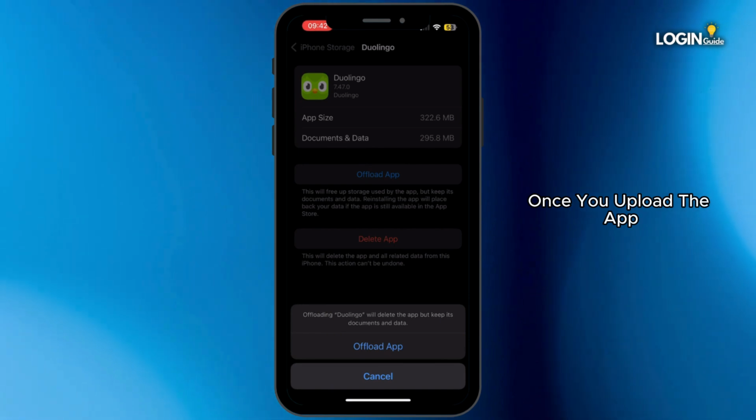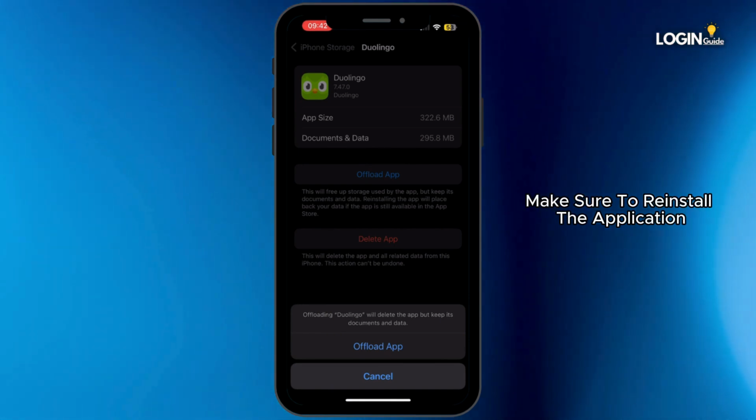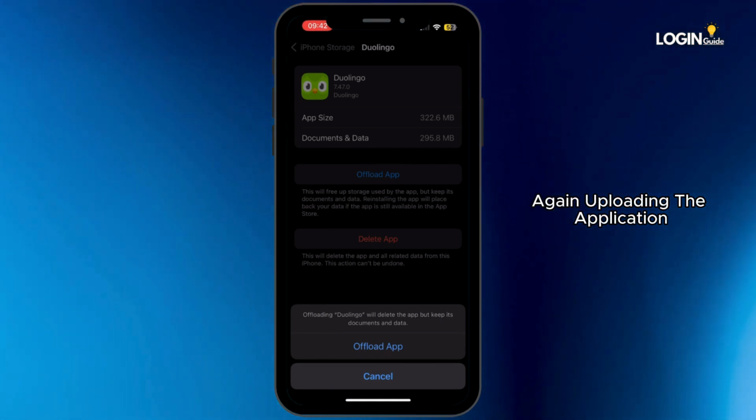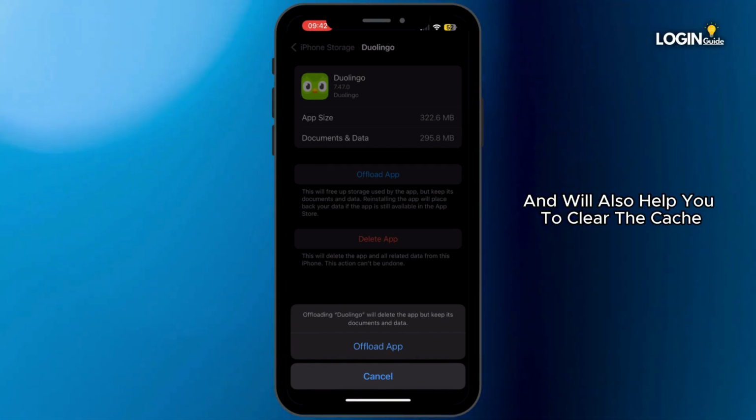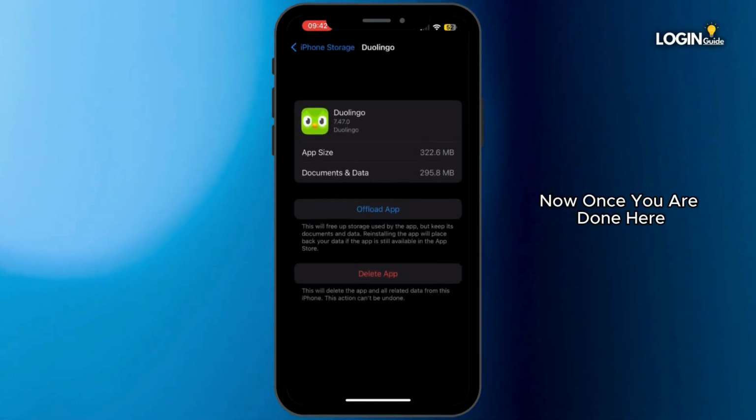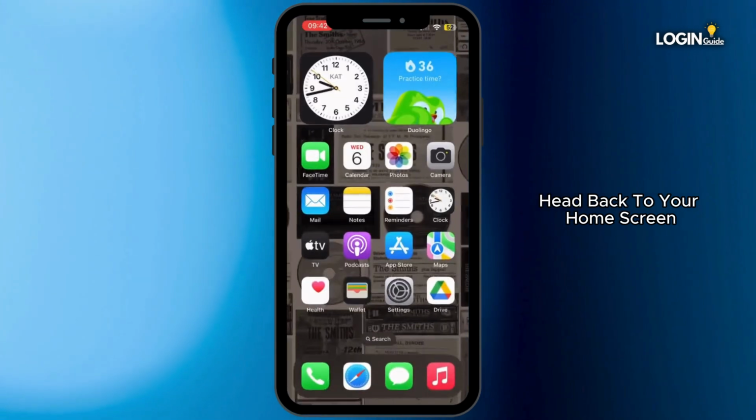Once you offload the app, make sure to reinstall the application again. Offloading the application will help you to free up the storage used by the app and will also help you to clear the cache. Now once you are done here, head back to your home screen and then open up